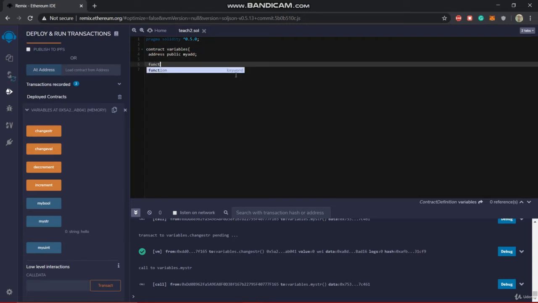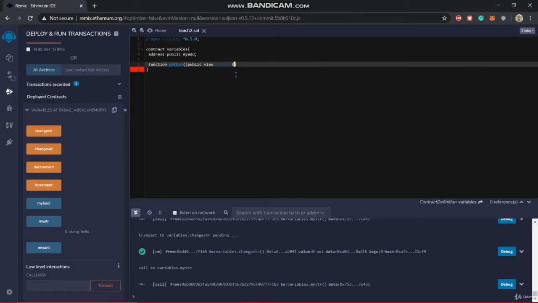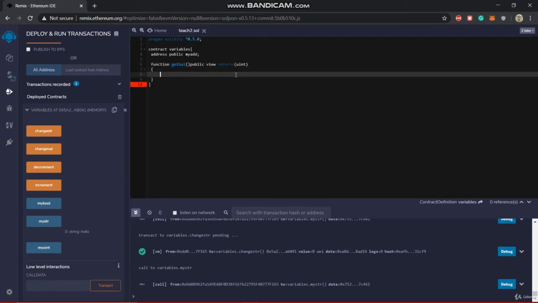So let's put this as function getBalance, no parameters needed. Then the visibility public. Then view, I'll talk about this view at a later stage. For now, just go through it. Returns, basically for returning some values. The return type will be a uint, because obviously the balance will be returned as an integer value. So now in this we'll write it as return